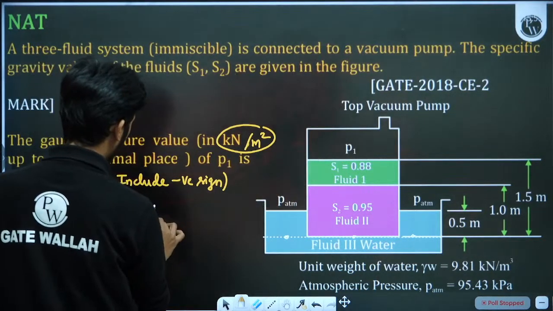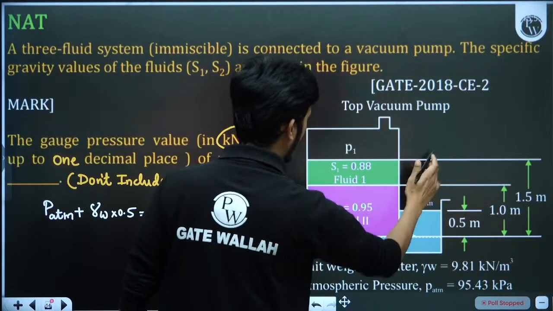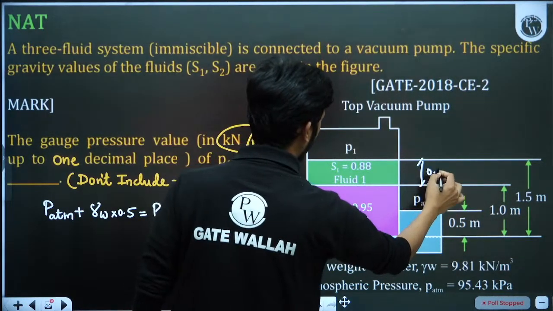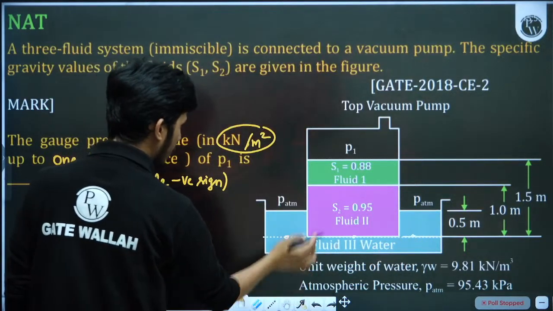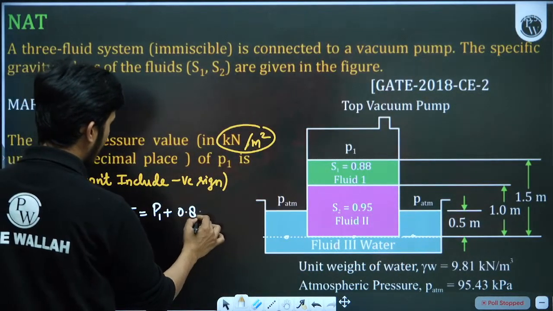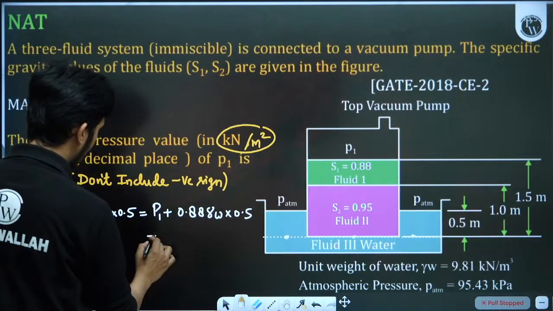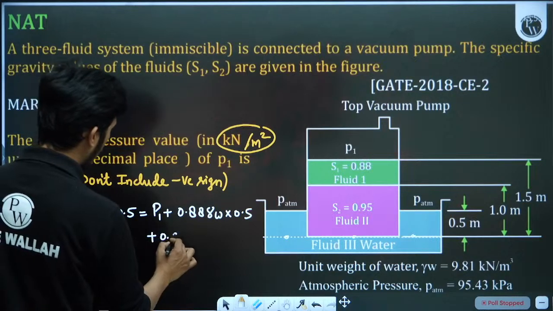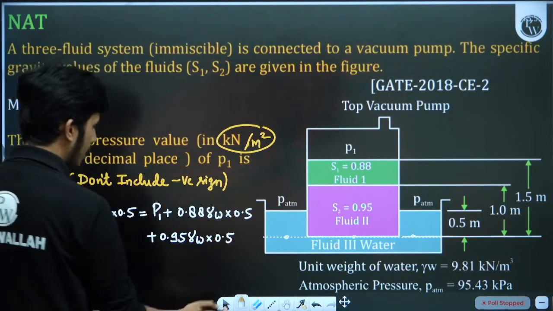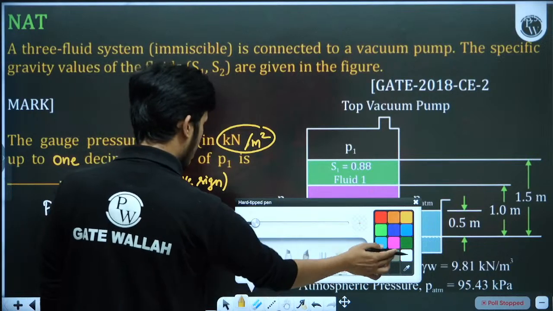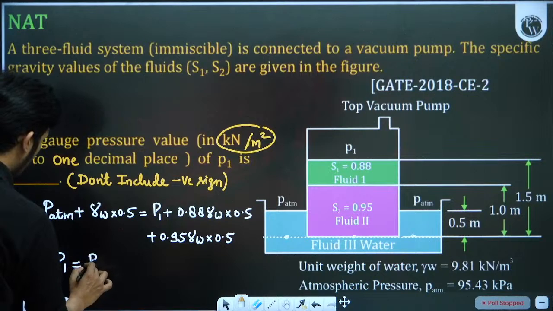is equal to P1 plus, what is the height here? 1.5 minus 1, I think this is also 0.5. Everything is 0.5. This is specific gravity 0.88, so 0.88 gamma W into 0.5. Again plus specific gravity 0.95, so 0.95 into gamma W, again 0.5. So we have equated this. Now let us get the value of P1, which will be equal to PATM